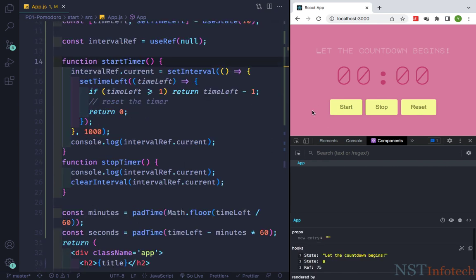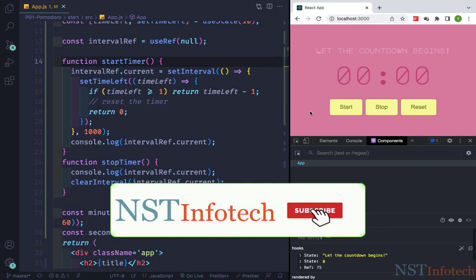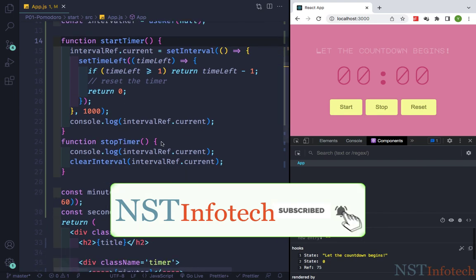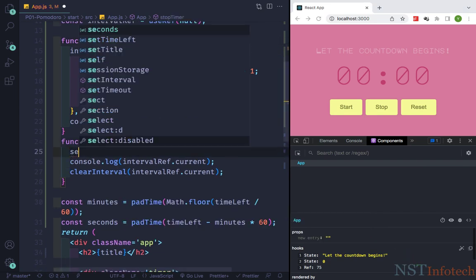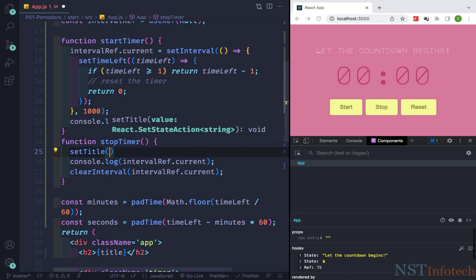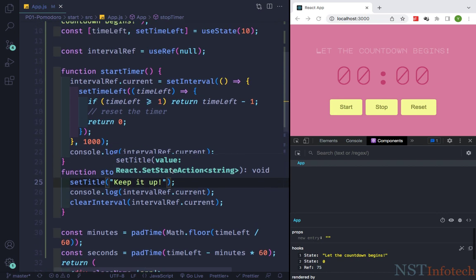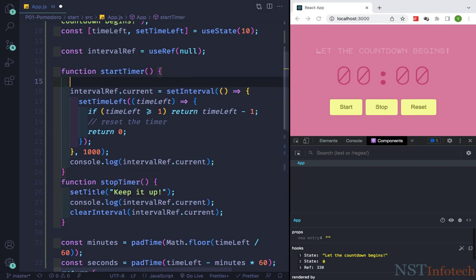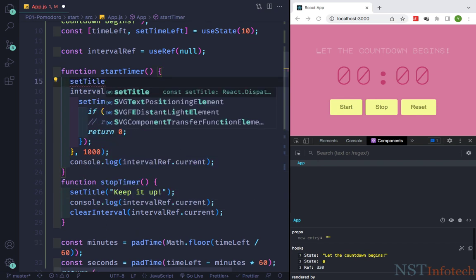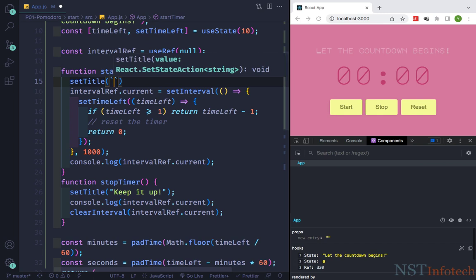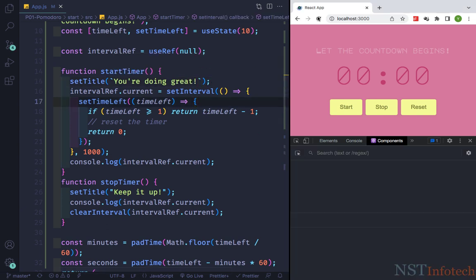So now we can do one more thing. We can change the title. Okay, so inside stop timer here I can say setTitle, and that is going to be "Keep it up". Okay, let me save this, and inside the start timer here I can say setTitle, and here I will take a backtick and say "You are doing great". Okay, let me save this, and now let's refresh this,